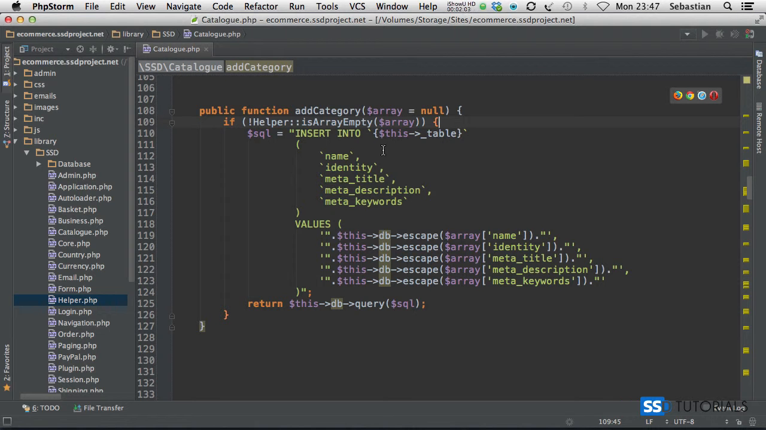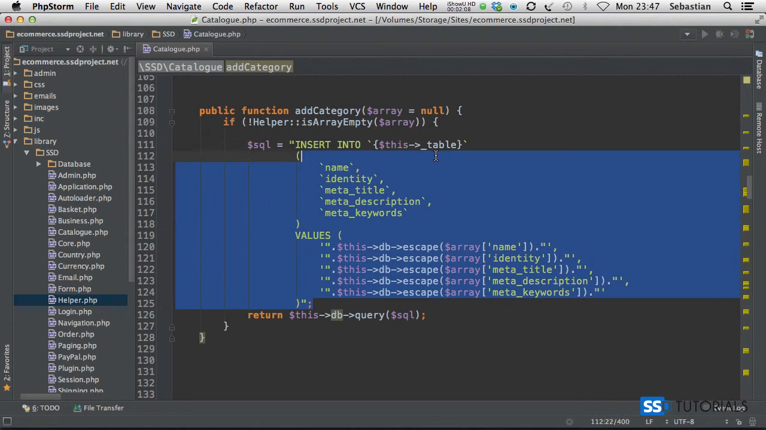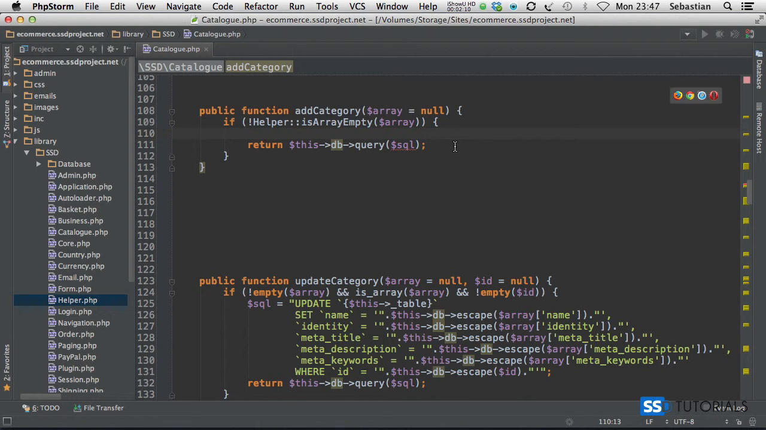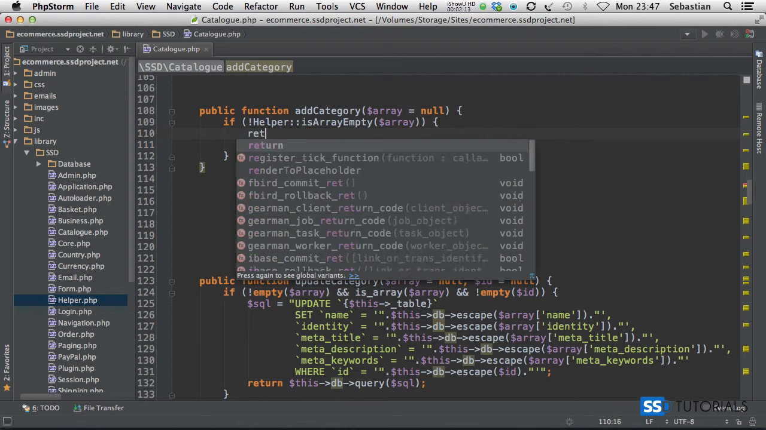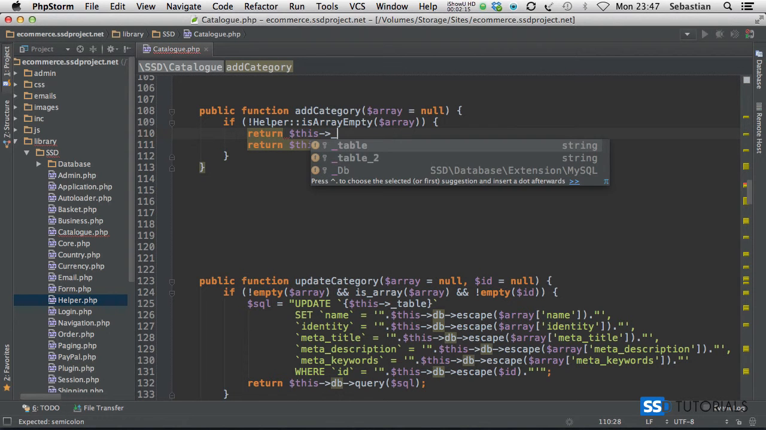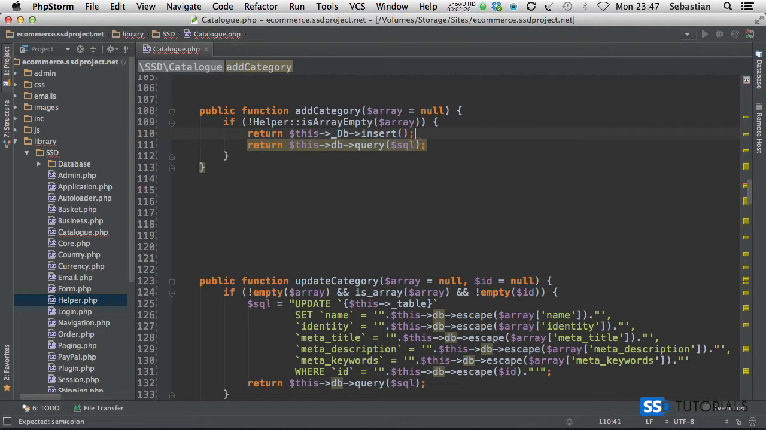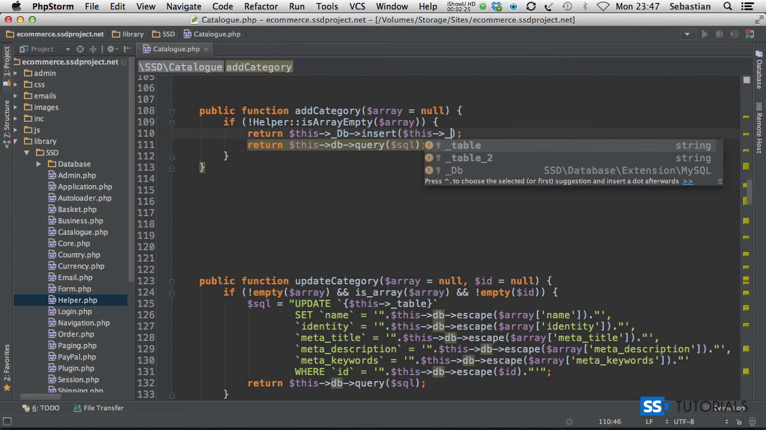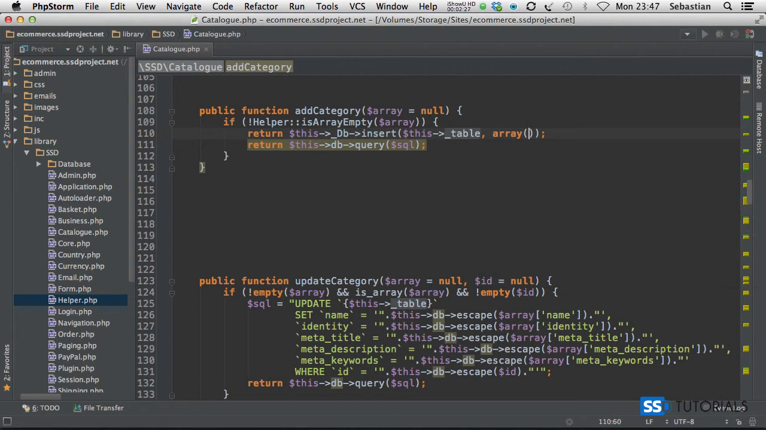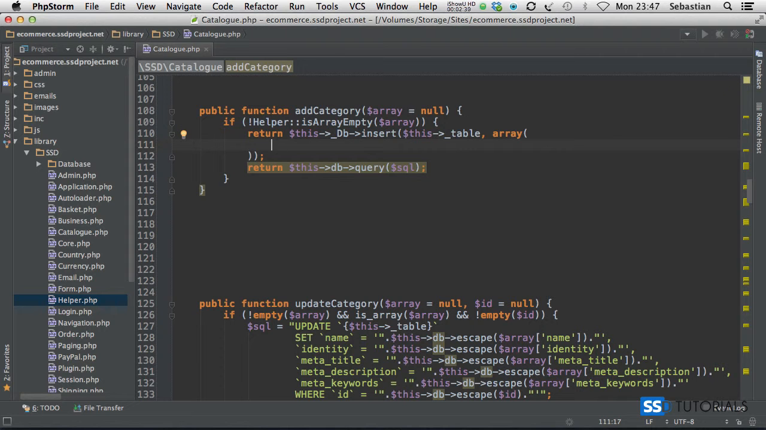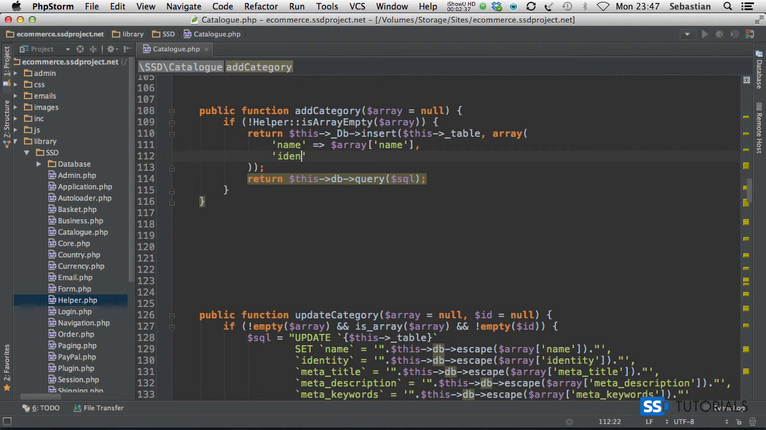Okay, so now the SQL statement. We need to amend it slightly. By slightly, I mean we need to actually remove it completely. So we go for return, and we go for this underscore db insert, the method which we have inside of the application class, and then this underscore table, and then array, the fields which we want to insert. It's going to be name, array name index, then we go for identity,